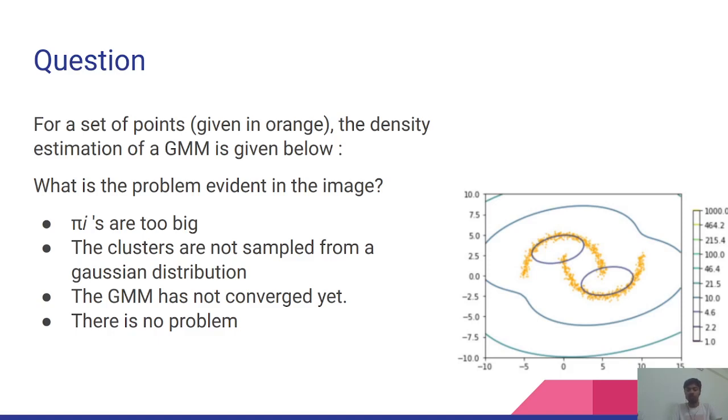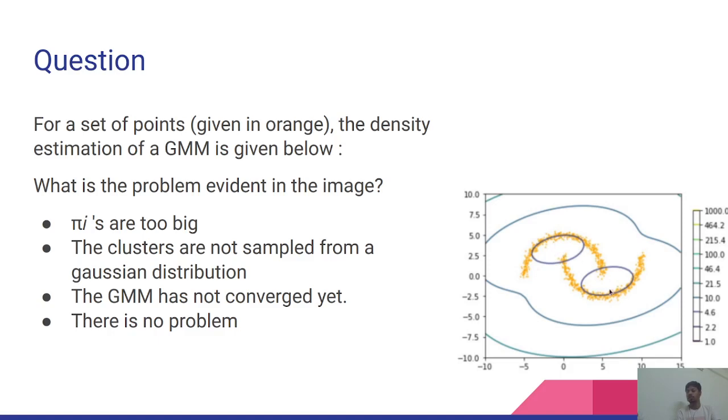And option 4 is that there is no problem, this kind of clustering is absolutely fine. So in a Gaussian distribution, what do we consider? That it has the most points near the mean, right? So if we consider this as the cluster, around this we should have the mean, but here we have no